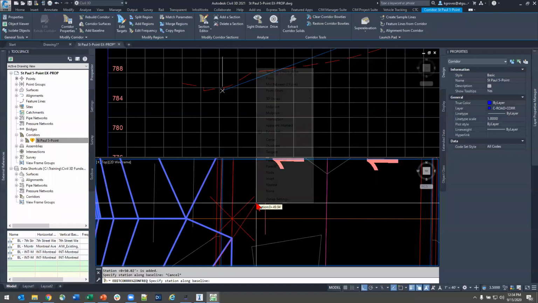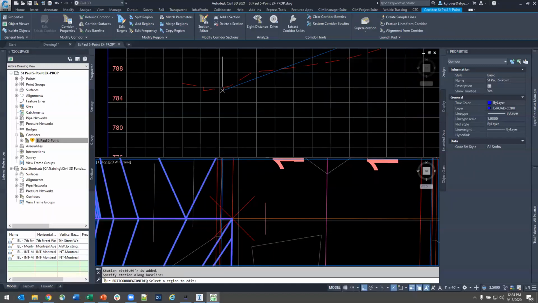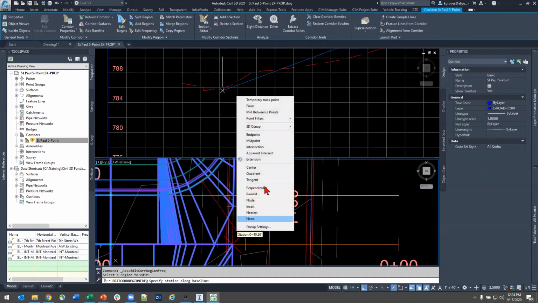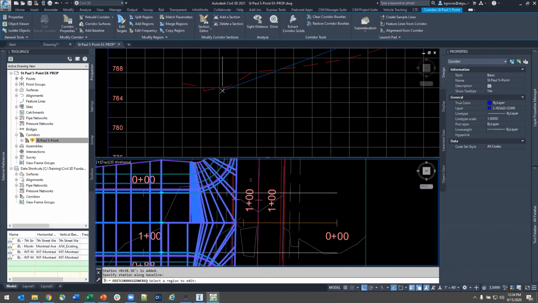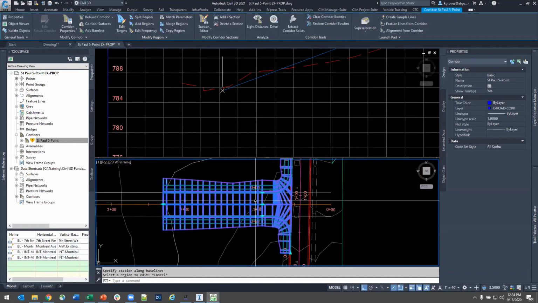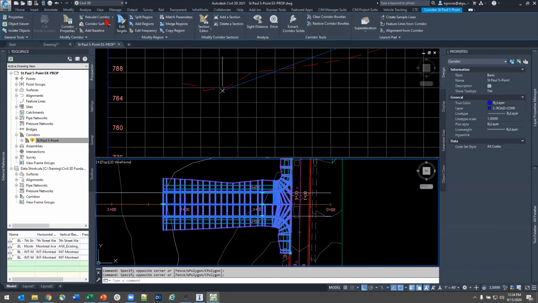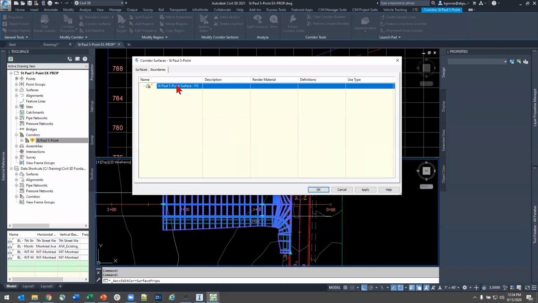So now I just need to put one down exactly where I want it, which is a node snap on that Kogo point. So with one custom frequency there, and another custom frequency up here at that node snap, I now have my corridor. To make this prove out just a little bit more, what I'm also going to do is create my finish grade surface